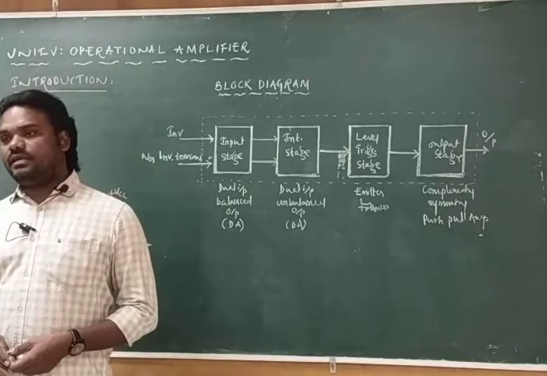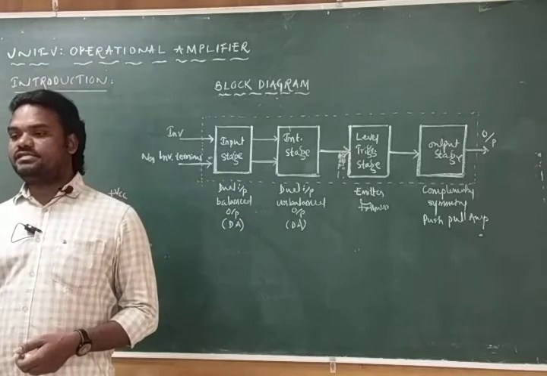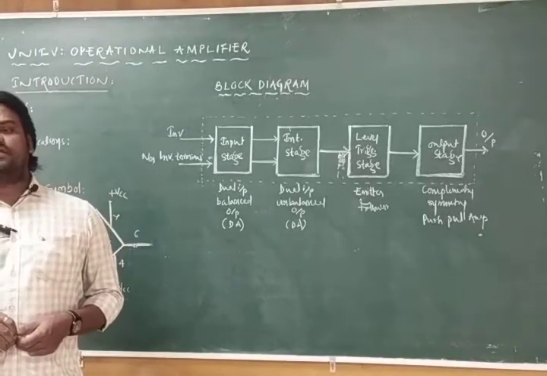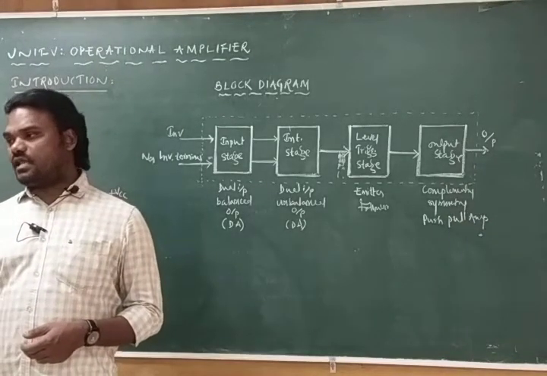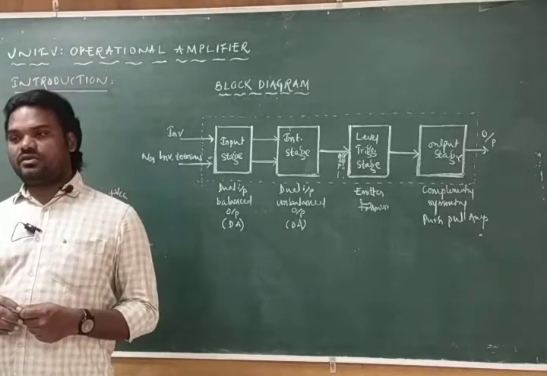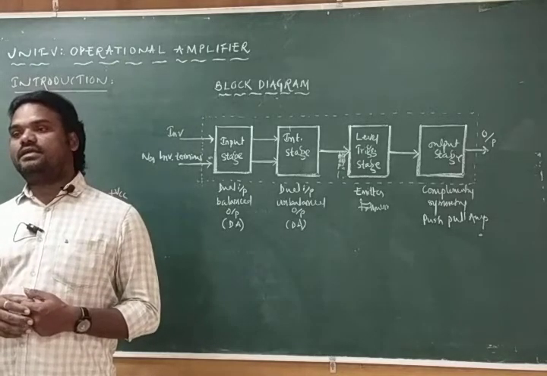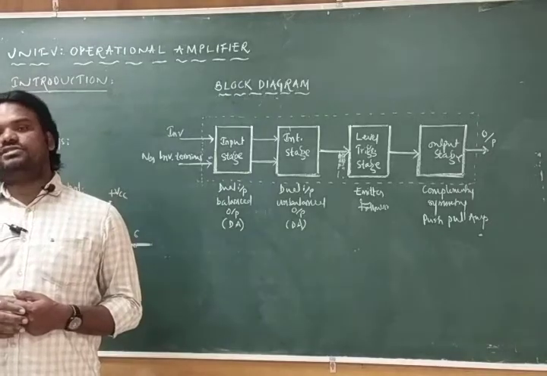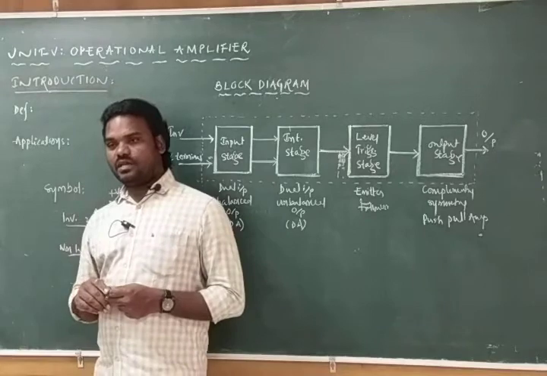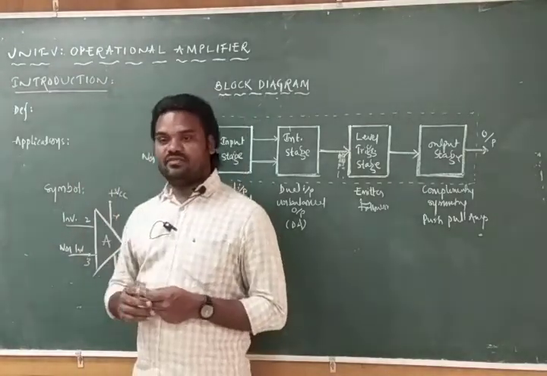Generally, an amplifier is an electronic circuit which increases the strength of the weak signal. The best example for the general amplifier is the loudspeaker. We know this one. An amplifier is an electronic circuit which increases the strength of the weak signal, that is called an amplifier circuit. The point is very clear. But here this is not a simple amplifier, it is an operational amplifier.